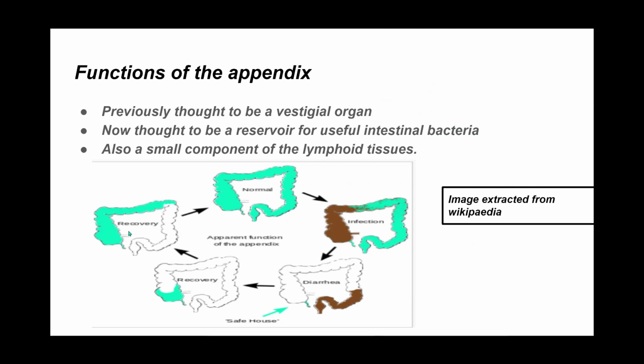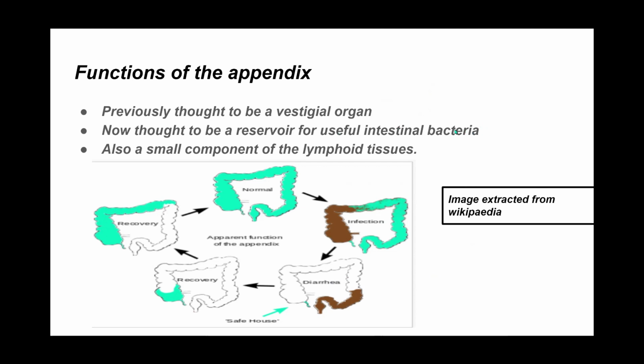after gastroenteritis. We said that when one is having loose stools, you might lose some of your useful colonic bacteria. Okay, but then in the recovery phase, you have some of those bacteria coming back from the reservoir, which is the appendix. You can see them going into the cecum, into the ascending colon, the transverse colon, descending colon. So it's just a thought that this supposed vestigial organ actually plays an important role as a reservoir for